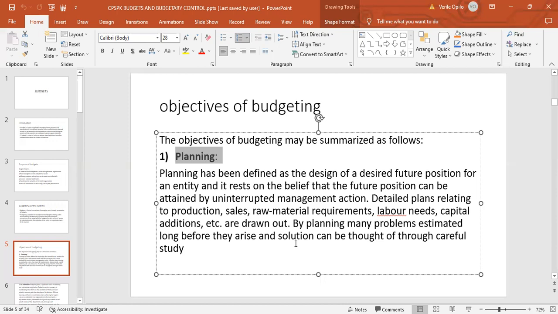that we're looking at? Maybe do we need to get a loan? Do we need to raise additional finance from, let's say, the shareholders of the company? So in that case, it just allows you to plan for the future. You're able to design a plan by which you're going to achieve the future plans of the business. So in that case, we say that budgeting has an objective to plan for the future position of an entity. In this case, you're able to create detailed plans relating to production, relating to sales, raw material requirements, capital additions that you might need. And in that case, you will be able to know how you will achieve them in